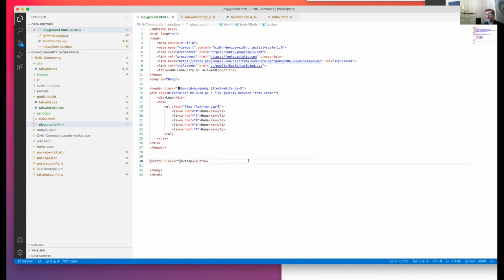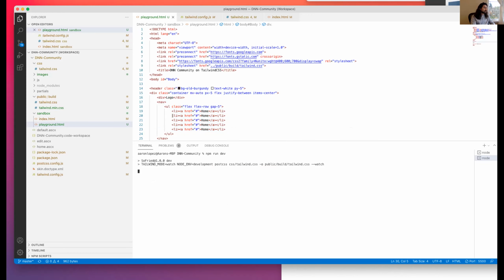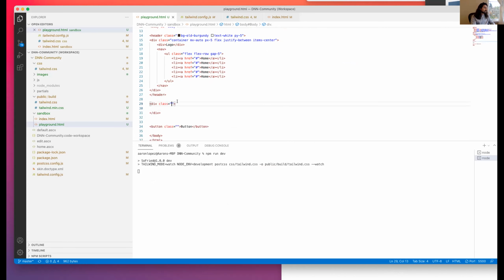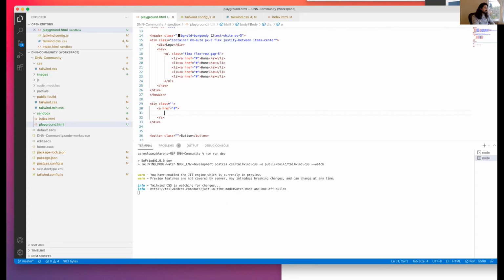So you can do fancy things like, let's say that I had like a card. And then make sure I've got this running still. And actually, yeah, so I've got an A tag, and then I've got an H2 or an H3.